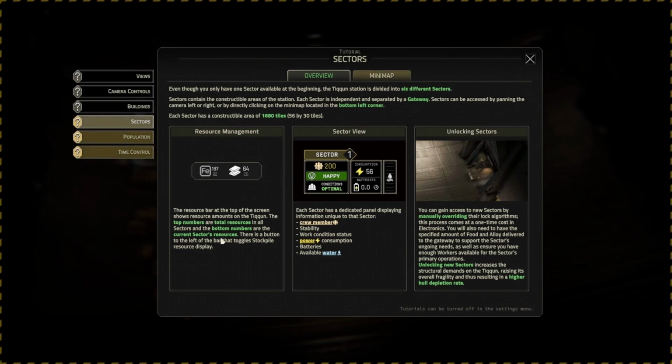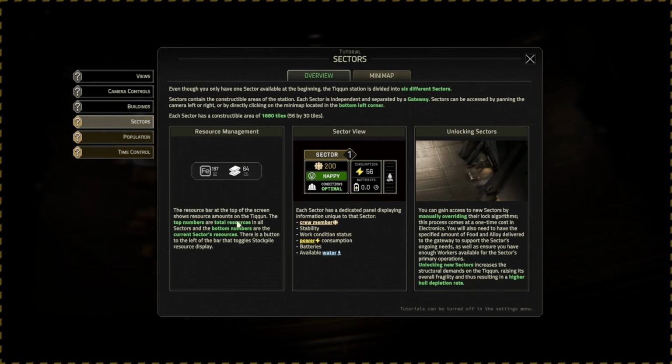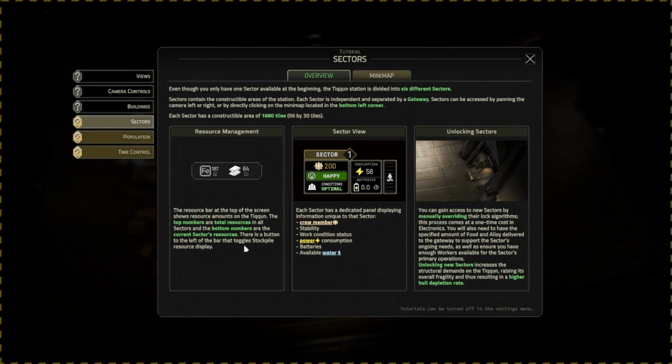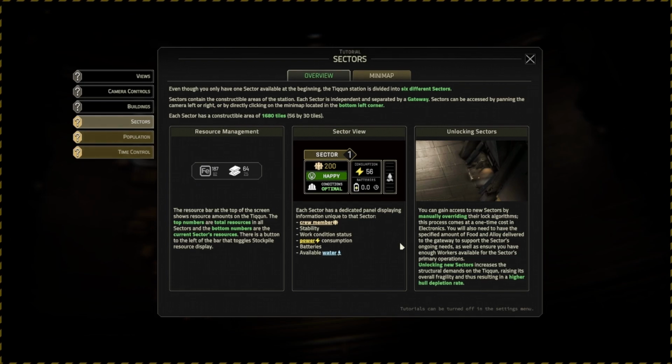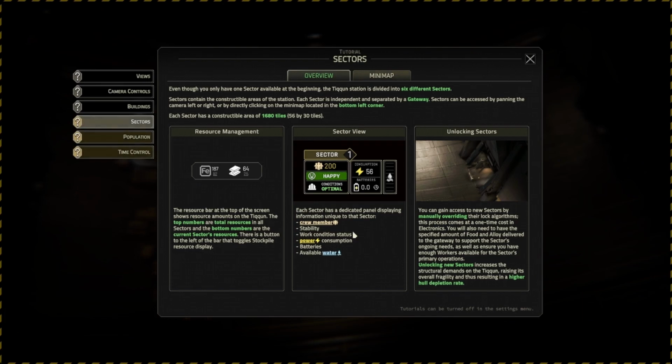So the total resources at the bottom is the current sector resources. It's total resources in all sectors. Bottom numbers are current sector's resources. There's a button on the left of the bar that toggles stockpile resource display. Each sector has a dedicated panel displaying information unique to that sector, so the stability, worker conditions, power consumption, batteries,